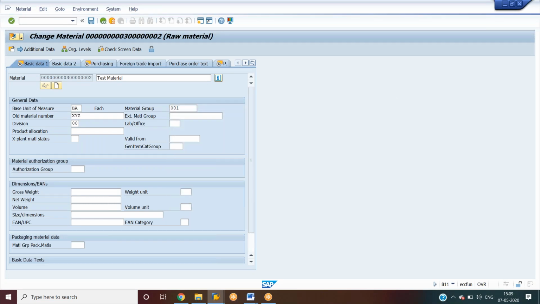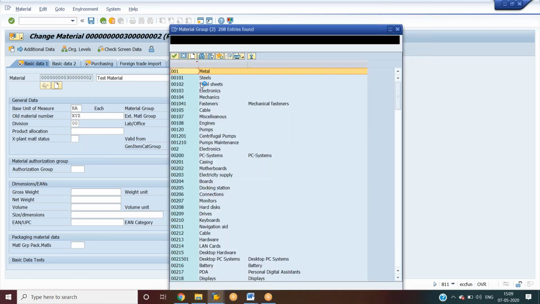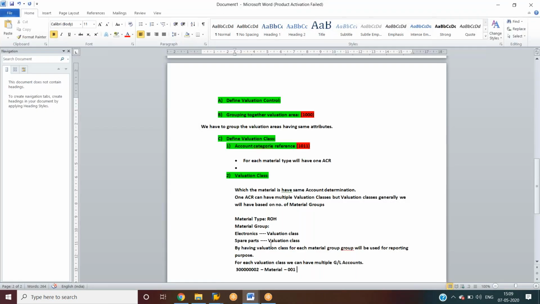What is that material group? We'll see. That is metal. This is the material group, metal.